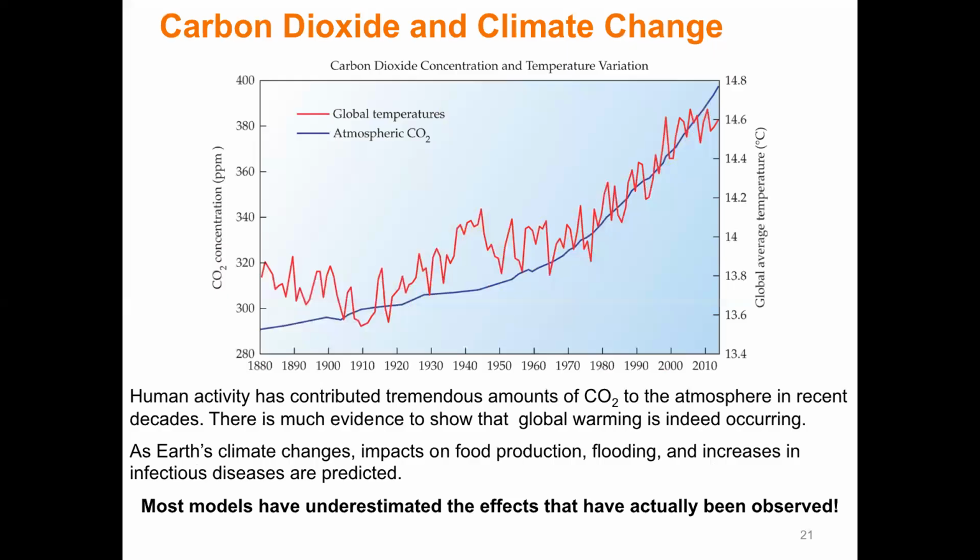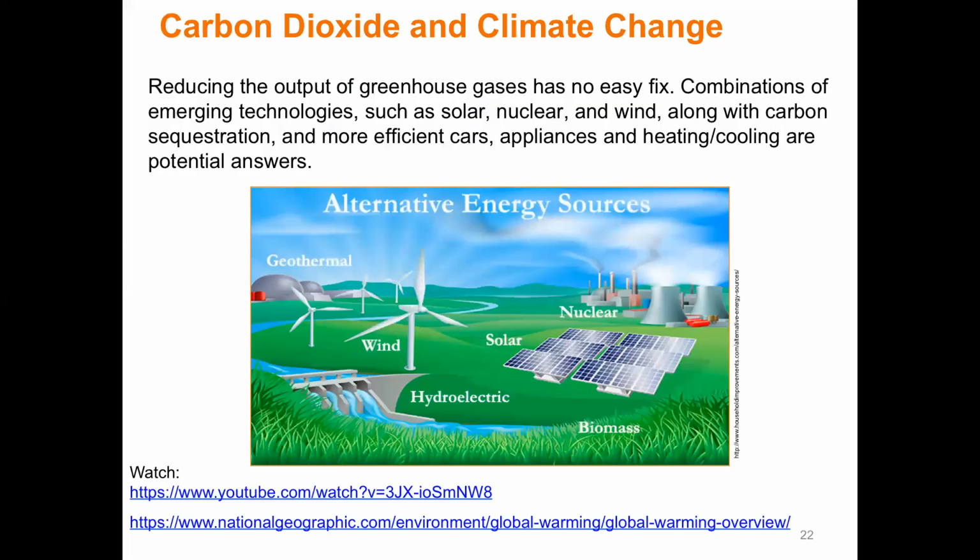So what do we do? What do we do about this? Well, the main way is to try and decrease our carbon output. And in order to do that, we need alternative energy sources or renewable energy, all right? More energy efficient cars and appliances. Carbon capture, this is one that you probably heard about in the news, and how to do that and how to charge for it, and then using that money to try and develop alternative energy sources. So there's a lot of debate on this, but it comes to the point where, how long do we debate? We need to do stuff.